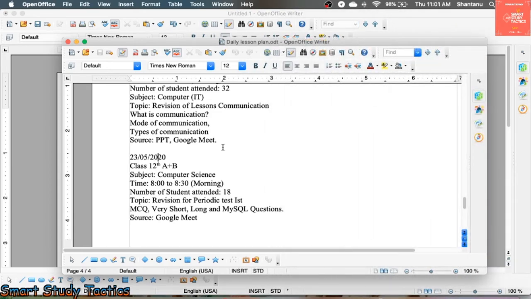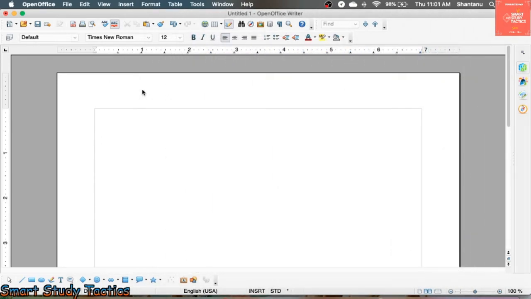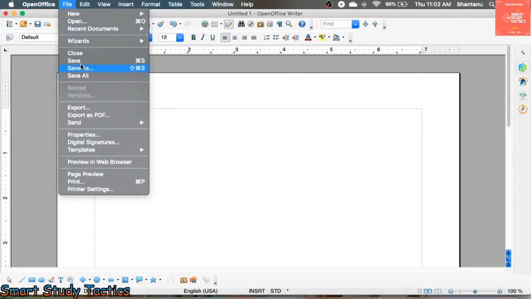Just now I opened this, and this is the Open Document window. So I think this is pretty clear to everyone. But make sure you remember that .odt is the extension for an OpenOffice Writer document. Okay, keep that in your mind. Now you can see I'm going to save the document.